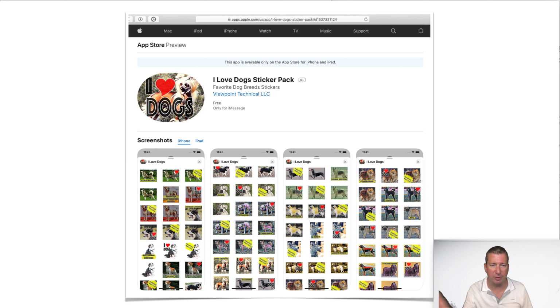But I digress. Let's get back to our sticker pack. So here's the thing. What we like to do is create a bunch of images, and we get some open source images that we're allowed to use in our sticker packs. And after we do a little artwork on them, we like to overlay them with things like I love dogs. In this case, this is our I love dogs sticker pack, and the breed of the dog, and a little pop out message or a sticker that says have one, and that's tedious work going through each of these images